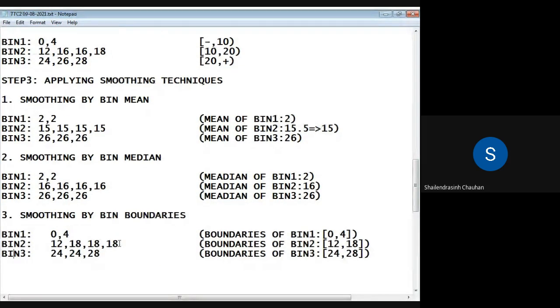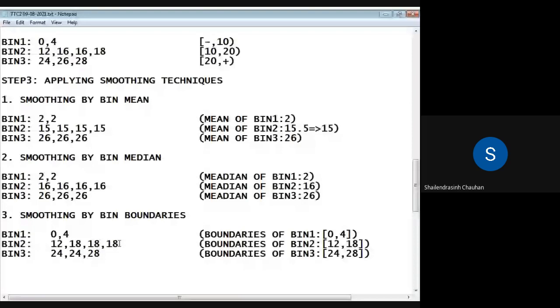If you are going to consider, wherever you have an equal distance value, say 26 is at equal distance from 24 as well as 28, and you follow the minimum value, then for the rest of the bins you also need to follow the same rule. So in further bins, if you have the same kind of condition where values are at equal distance and in one case you consider the lower value, then in other bins also you need to follow the lower values only. Fine, that is the smoothing by bin boundary method.